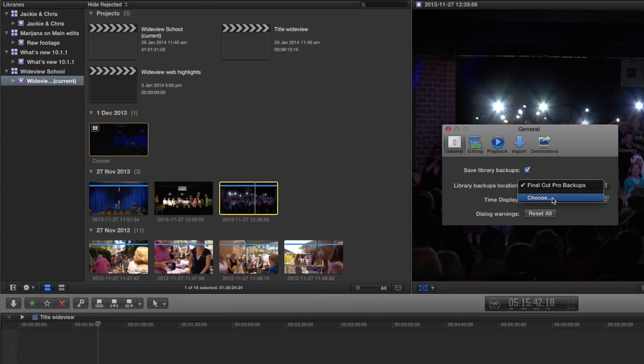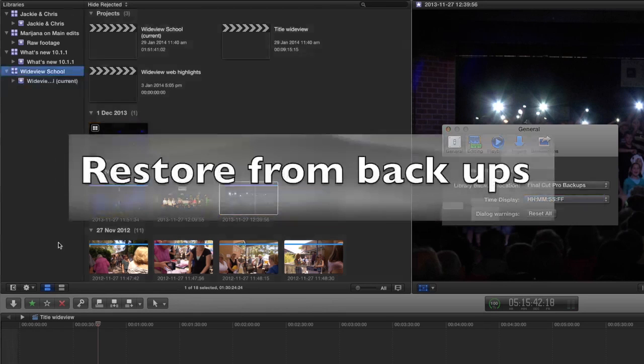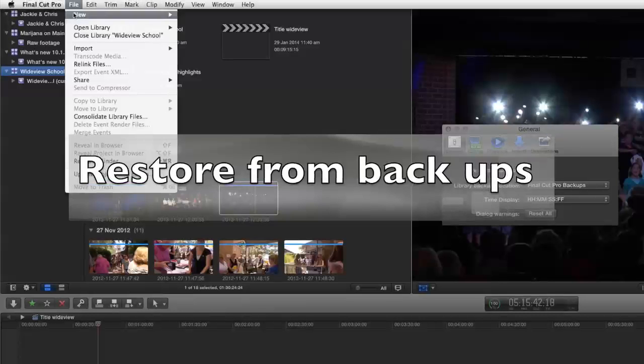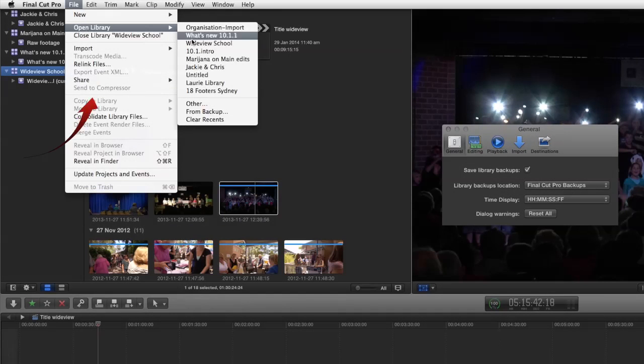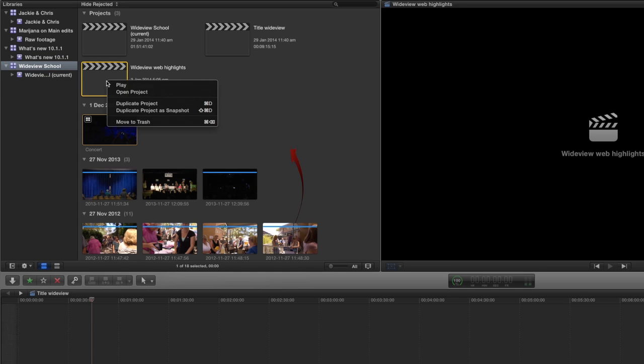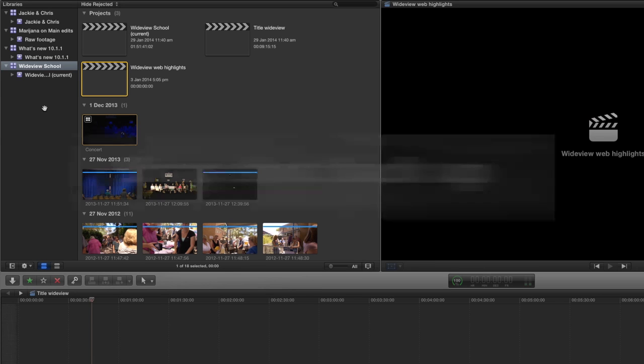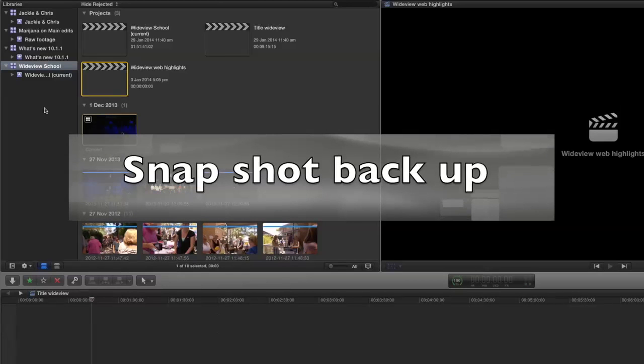Now backups are only metadata, so the files are small. You can restore from backups, so if you come to the File menu and go to Open Library, you can then create a new library from a backup. You can duplicate a project by simply selecting Duplicate, Command D, but more importantly we can now create a snapshot